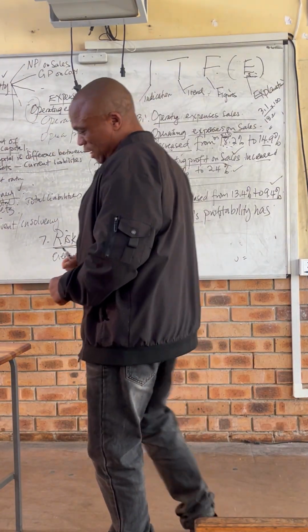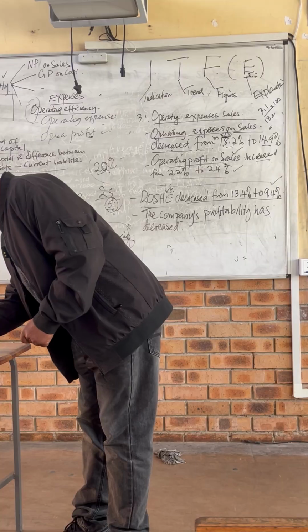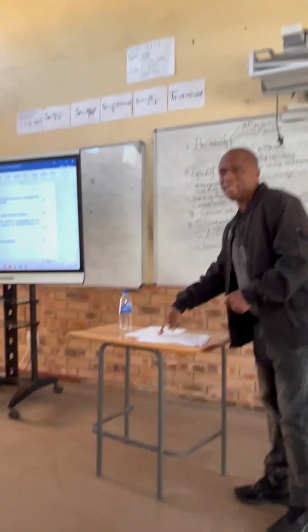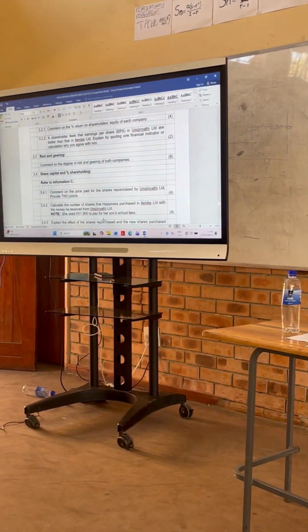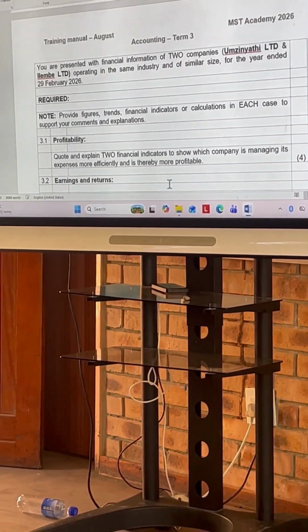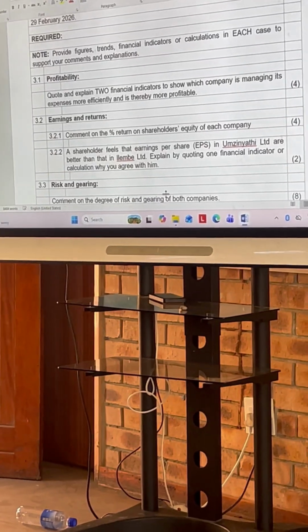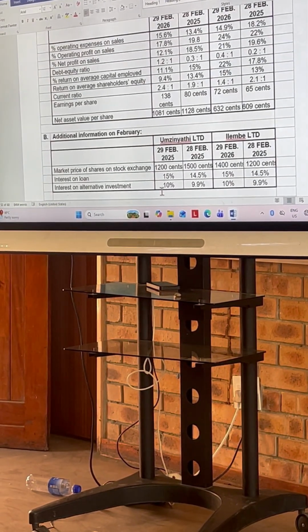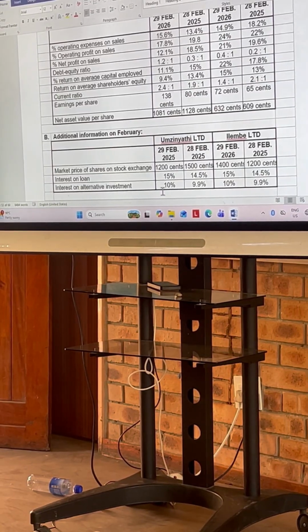So which means here, because you can see this question is open-ended again. They said comment on the percentage of each. So the learner has got 2 options. Write like this with indicators and explain what it means. Or the learner can compare that ROCE with interest on a fixed deposit or with interest